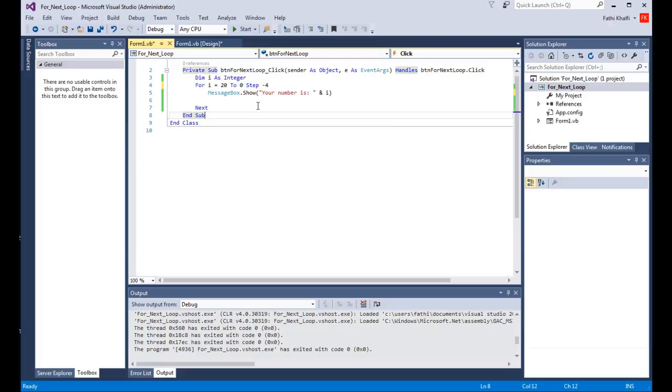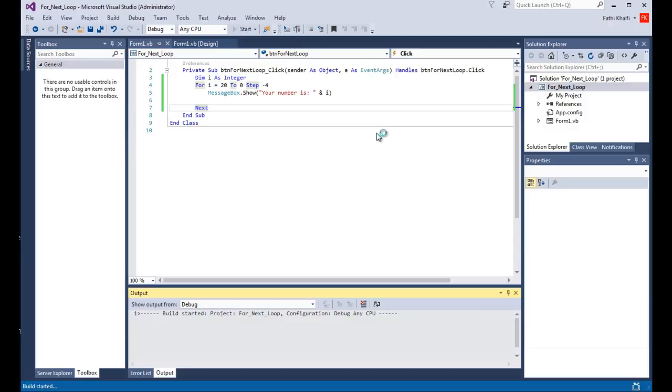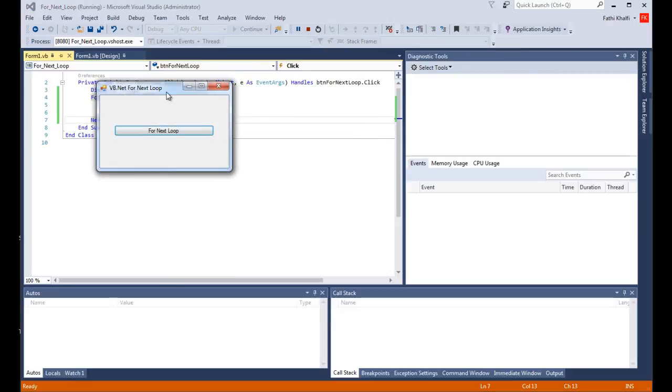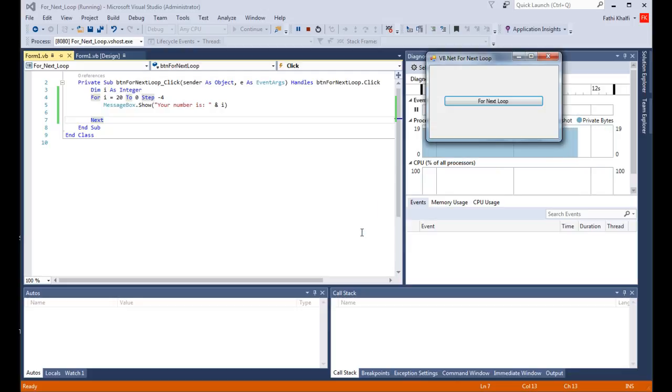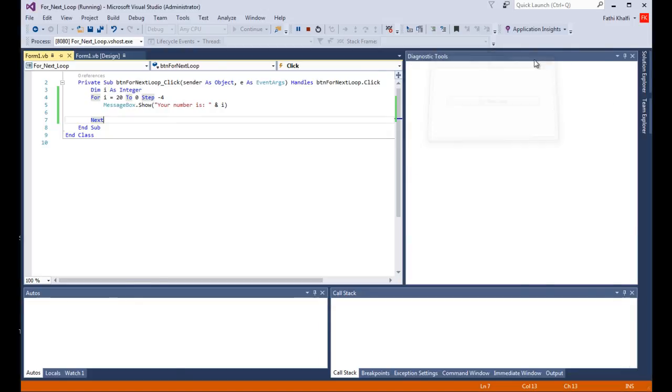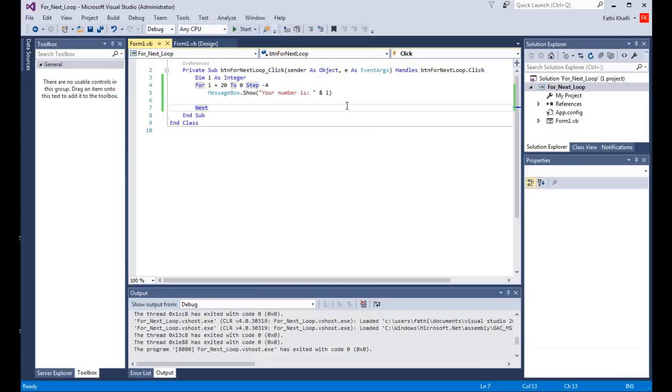All right, 4 steps back. Let's run this and come here and enter 20. So now it's going to take 4 steps down: 16, 12, 8, 4. Now it's going to exit at 0, and here it exits the loop. And this is basically the basics of the For Next loop